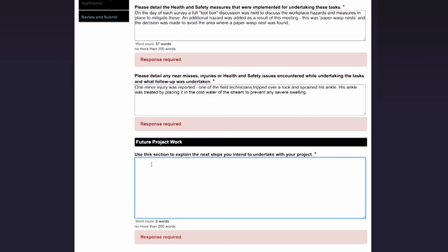The next section is titled Future Project Work. This is where you tell us about the next steps of your project and whether the project is still going as planned. So for me, the next phase of the project is to progress as planned in our deed of funding. Agreements have been reached with landowners regarding fencing and planting of the waterway, and fencing is scheduled to start